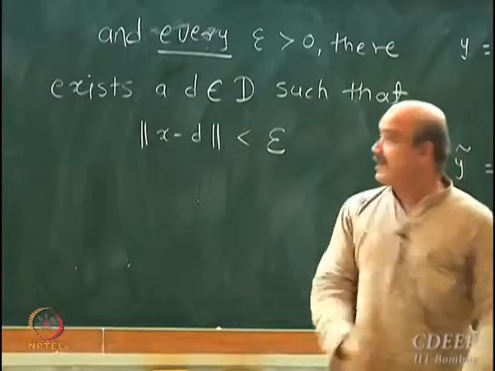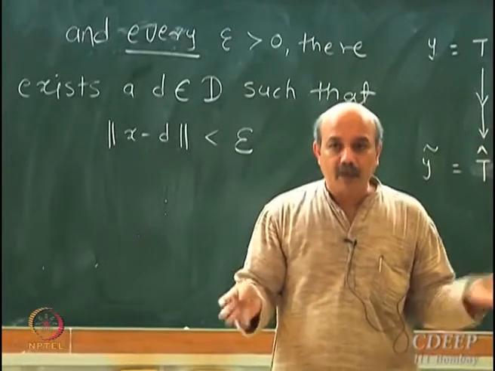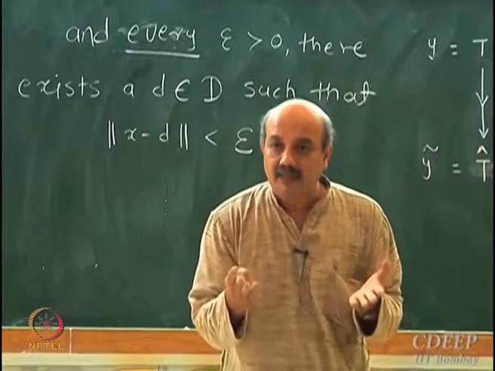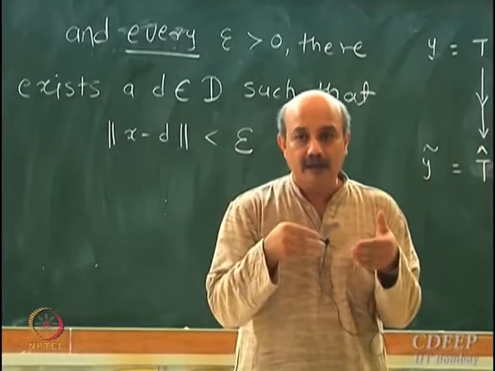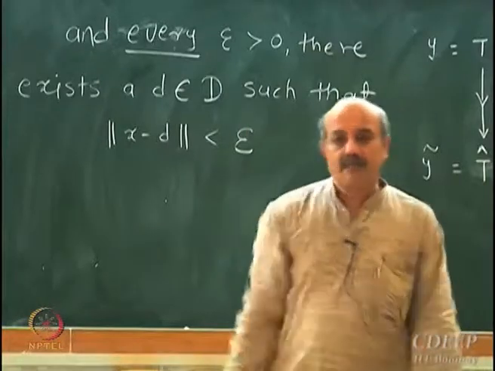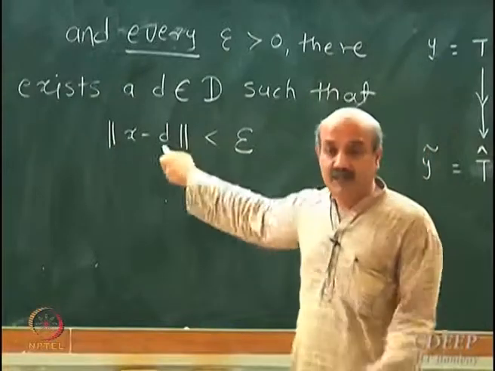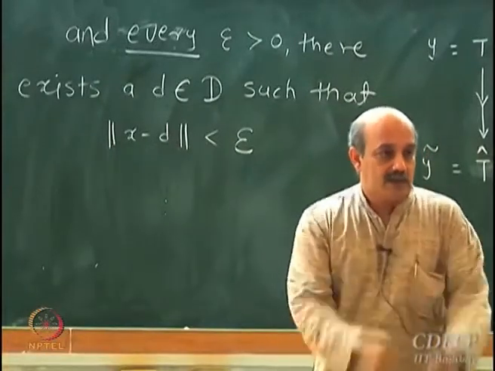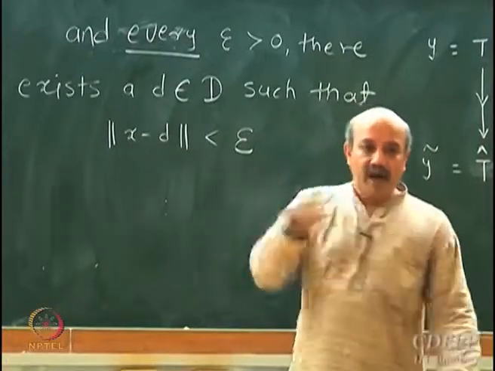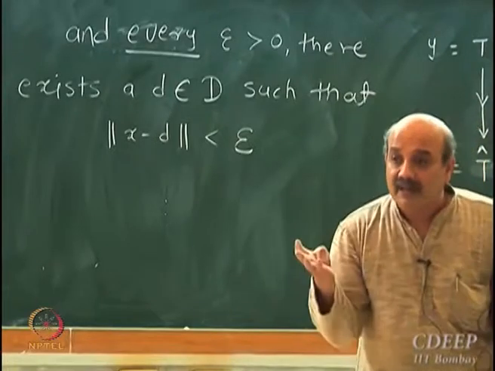So it's like saying if my x is pi, and if I specify epsilon, you should be able to come up with a rational number which is close to pi, such that the difference is less than epsilon. Now she might say that my epsilon is 10 to the power minus 3. I will come up with one rational approximation D of pi such that pi minus D is less than 10 to the power minus 3, and he comes up and says no, I don't accept 10 to the power minus 3, I want 10 to the power minus 9.